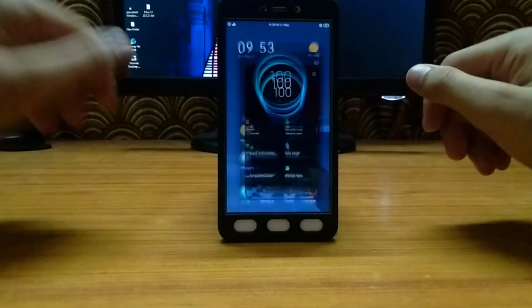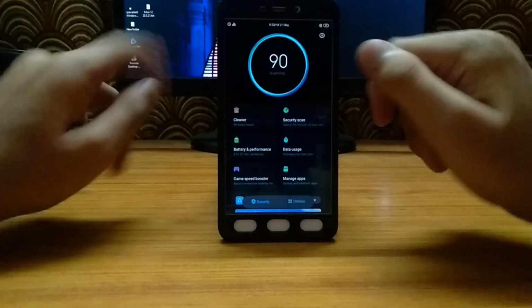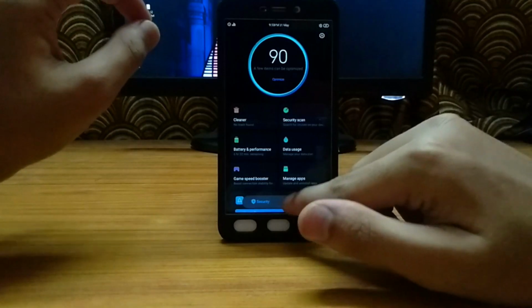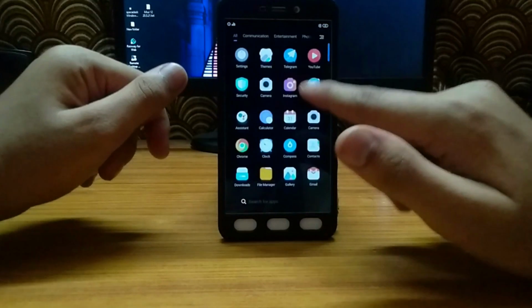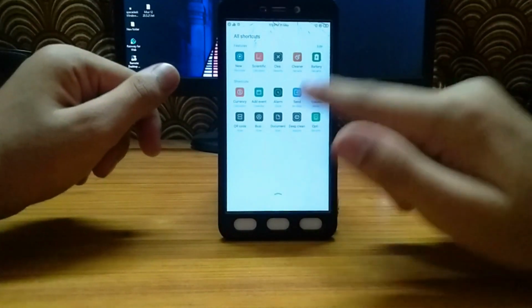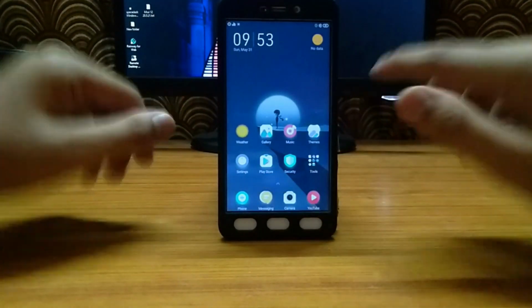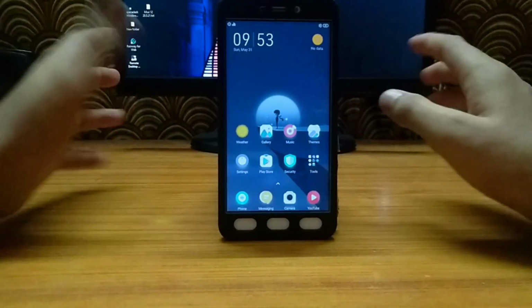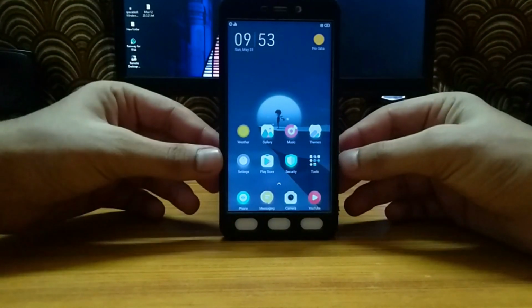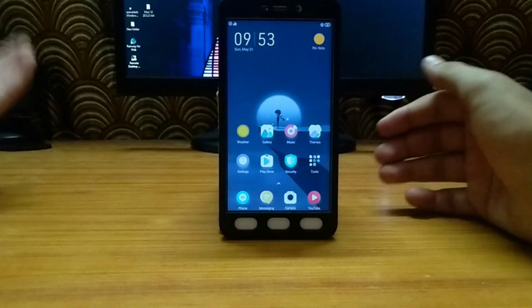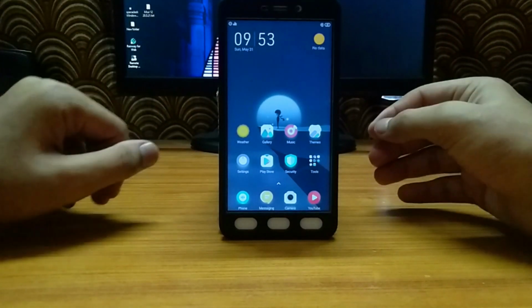And as you can see, the security app has been ported from MIUI 12. It's pretty similar to MIUI 12, two-page options, everything. And the app vault is also similar to MIUI 12, and the performance of this ROM is pretty good. In my case, I didn't try any gaming on this ROM, so if you install this ROM and try games like PUBG or COD, comment what you feel about this ROM.